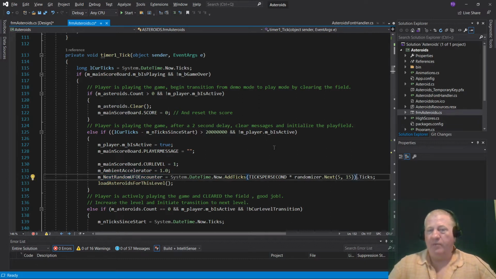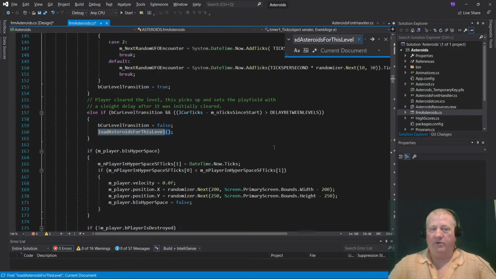It's going to be from 5 to 15 seconds based on this time. So when the game starts, we can guarantee that UFO is going to come within 5 to 15 seconds. Now, all this is taken off of basic timings that I've eyeballed completely by watching gameplays on YouTube and that kind of stuff. And then I got the load asteroids for this level. So if we go take a look at that function,